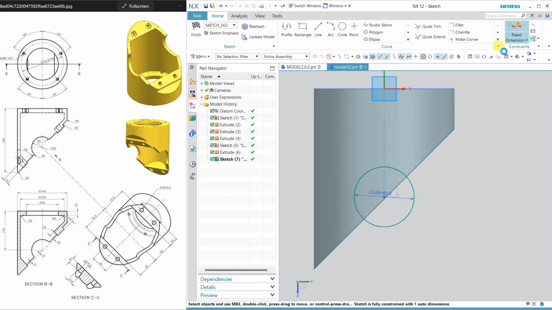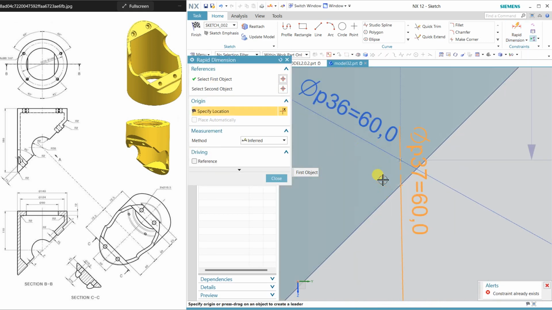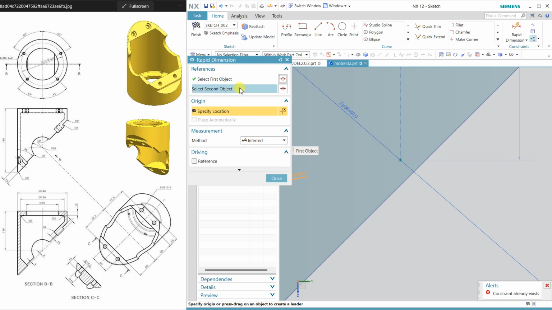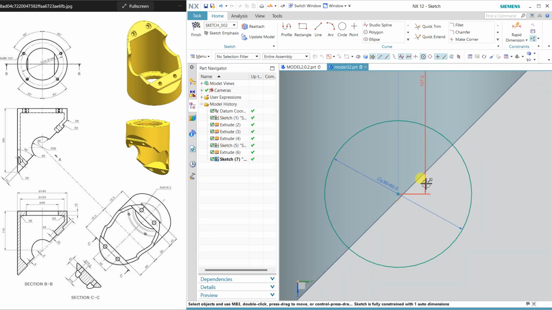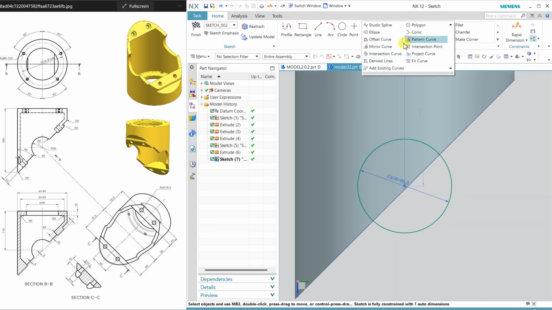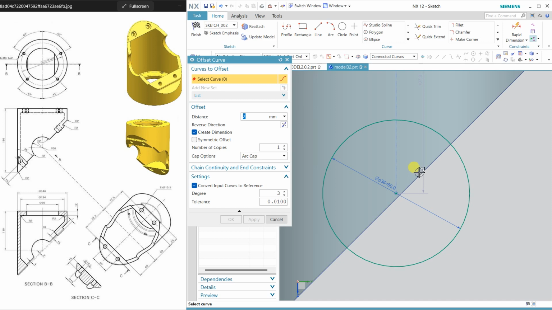So dimension, okay, just apply. Okay, cancel it. It is not coming. So go and select this offset curve, and 2 is the offset distance. But still it is not selecting this.